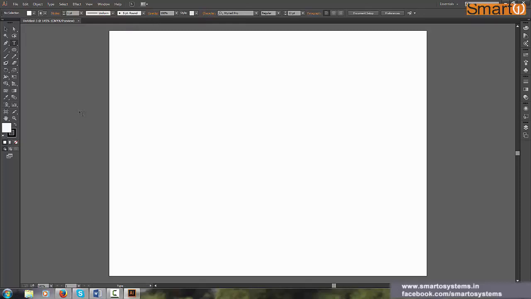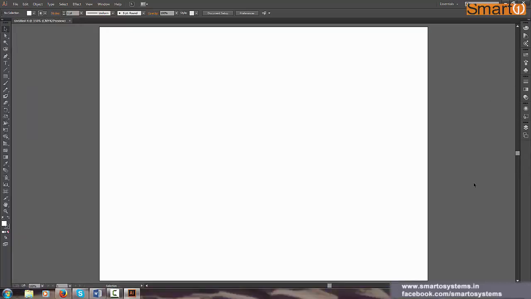Alright, so next, jump to the toolbar. On the left we have this toolbar, and how all these tools work and how they can be used, we'll look into in future chapters or future videos. On the right hand side we have this panel bar. At the bottom we have one more bar that appeared when we created a new file. It has some percentage, and it has this 1, 2, 3, 4 marking on it. What all this is, we'll cover as soon as we start learning artboards and canvas navigation.